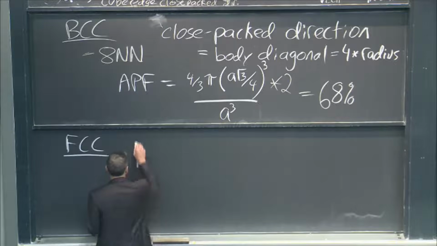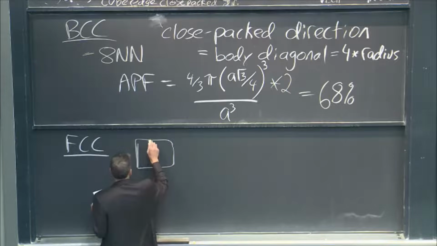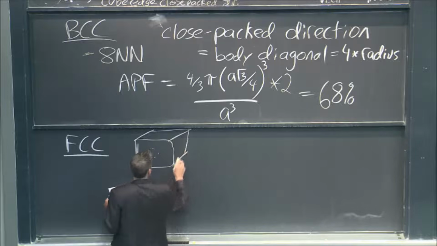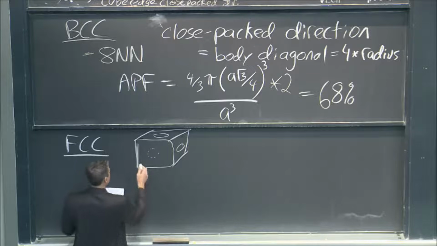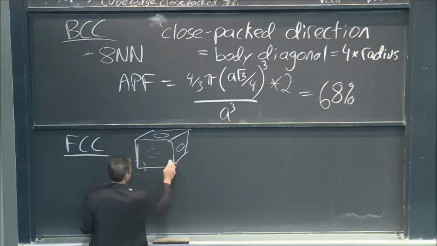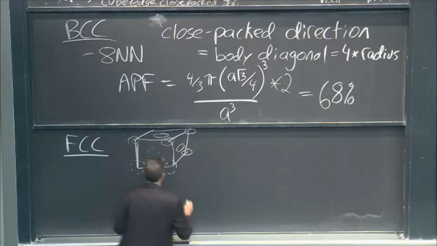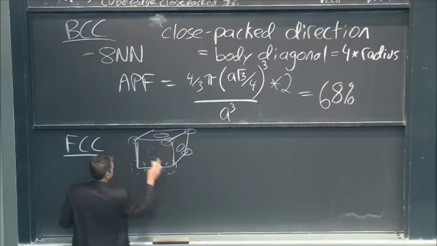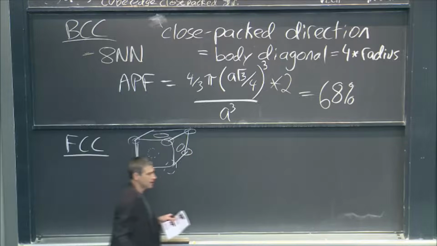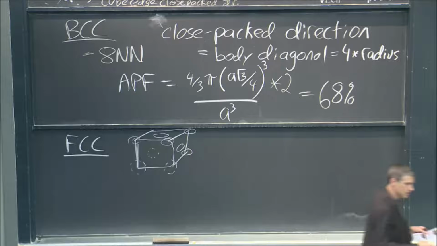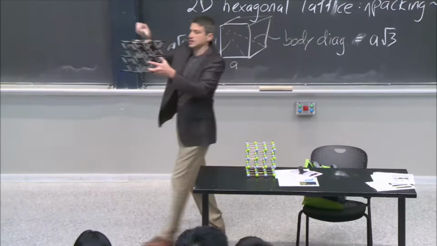Now on this one, we've got an atom, and this is the face, right? So we've got these atoms that are sharing across the face, and then we've got these atoms here at the corners. There's nothing in the middle now, but they're on the corners and the faces, right? And so if you look at this, what you can see from looking at this, and you've got to look